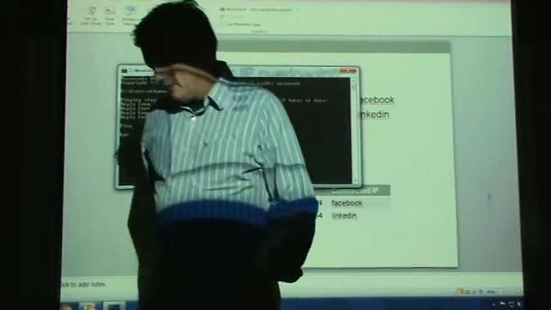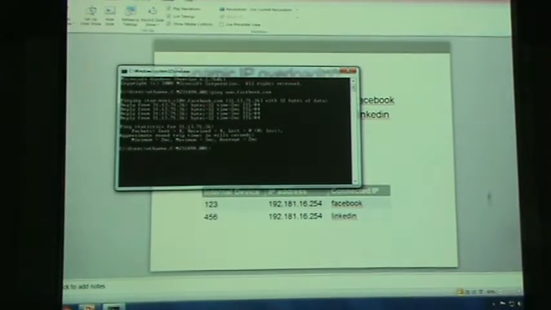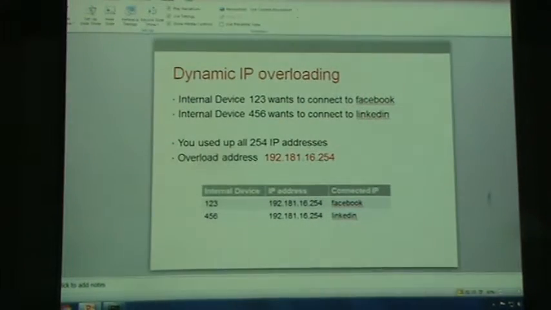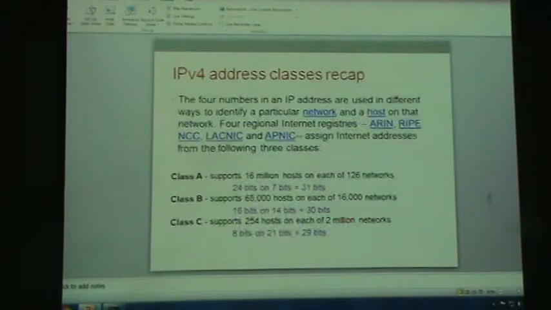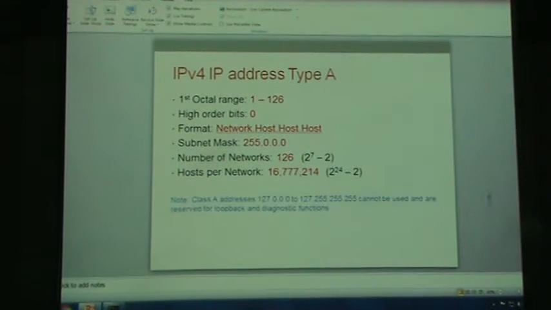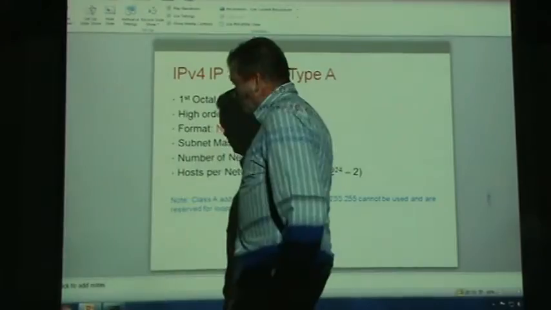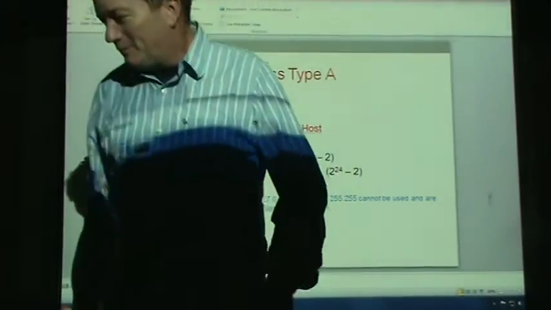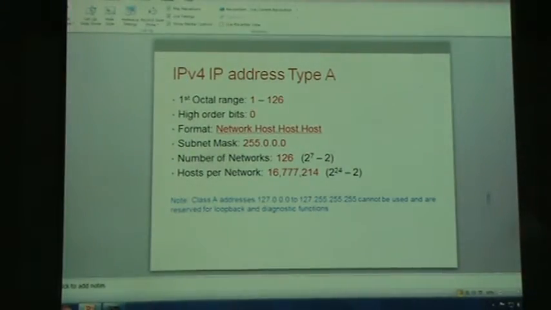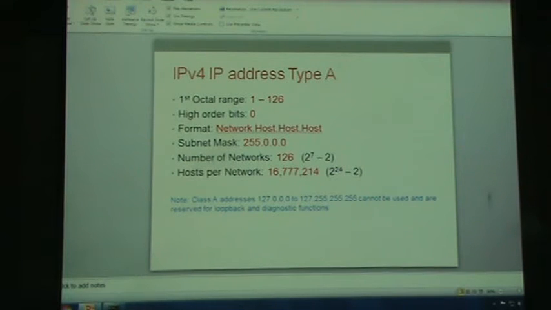So what type is that? That's a type A, right? Type A. I doubt they own the whole 31. Someone else owns it and they bought part of it. But, okay, so anyway,